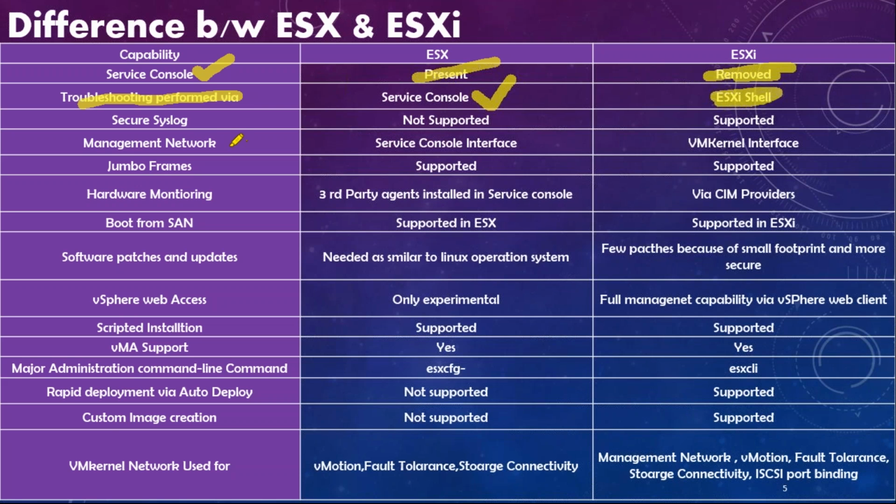And then the management network, which is what you use to manage the ESX server. That is again the service console here. But in ESXi, you have a VM kernel interface, a dedicated interface to get to the ESXi server and manage it. Jumbo frames is a standard network terminology. It is to deliver a bigger packet size. The standard packet size is